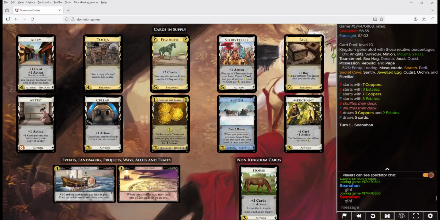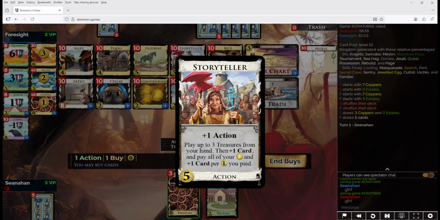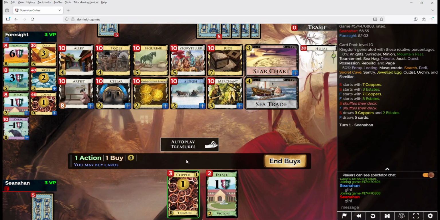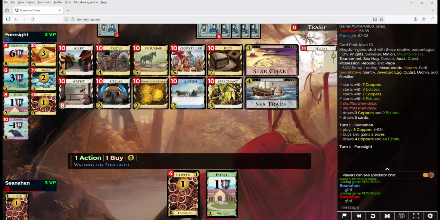We've got Star Chart, which lets us pick a card to go on top when we shuffle. Tools doesn't do that much to start with. Alley, decently. I recently worked out that if you open with Alley Silver, you are guaranteed to hit 5. And maybe we want to do Storyteller stuff into Tools. Storyteller Tools could be good for gain and play. Storyteller Figurine could be really good. So I think I'm opening Silver Alley and just going to try to pick up a thing, C-Trade,